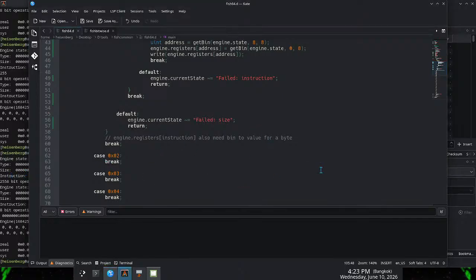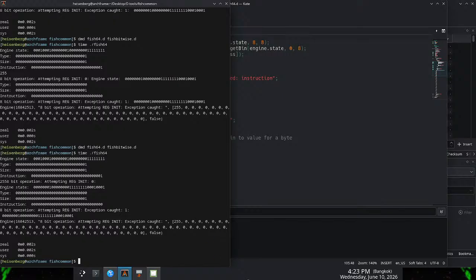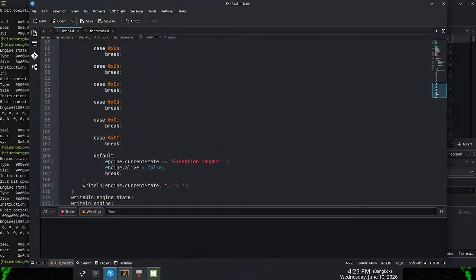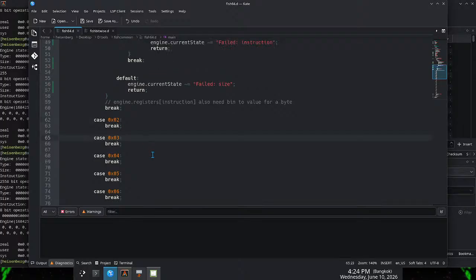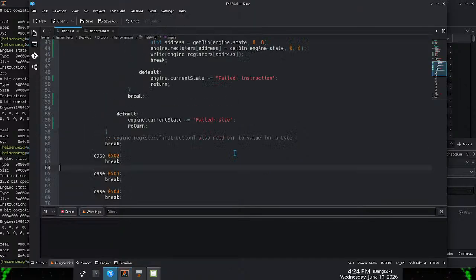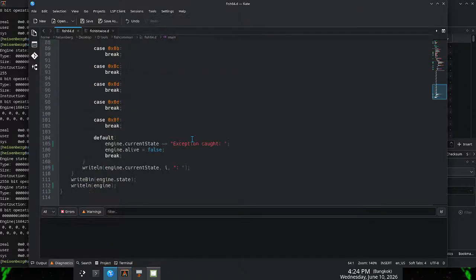Oh, maybe it's because it appends it every time. It should not append that. It should just, well, actually it should. But before it gets there, it needs to write the engine state. Oh. This isn't a problem of writeln, it's a problem of